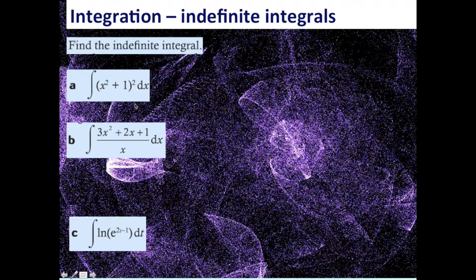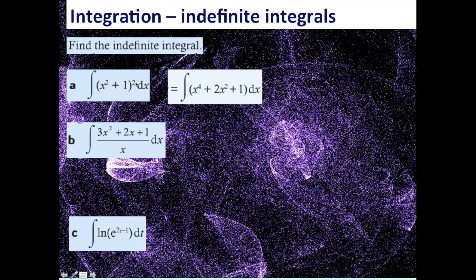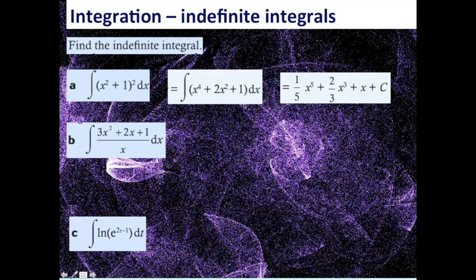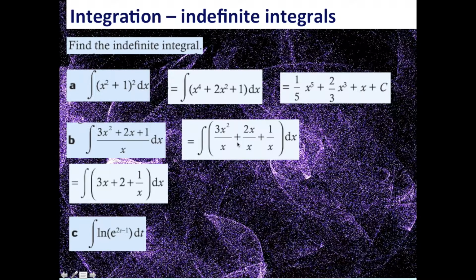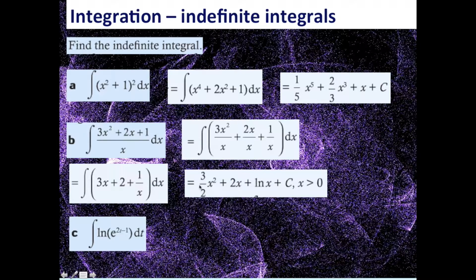So the first one, you've got here a quadratic which itself is raised to the power 2. So we can just expand the brackets, which gives us here 3 different component parts which we can integrate individually according to the addition rule, and if we do that, we end up with this. Similarly here, because it's a common denominator, we can rewrite this individually and simplify it, and then integrate each component individually, and if we do that, we'll end up with this, 3 over 2 x squared plus 2x plus ln